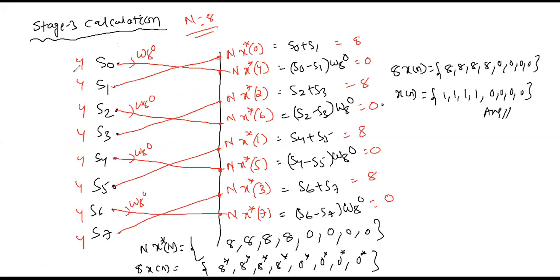Then finally we come to stage 3. In stage 3, the output of stage 2 becomes the input to stage 3. And in stage 3, we create the butterfly with the first 2, the next 2, the next 2, like this, in sequence order. We create the butterfly, and using the DIF butterfly diagram, we wrote all these equations.